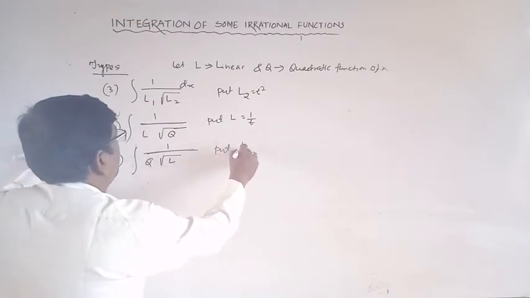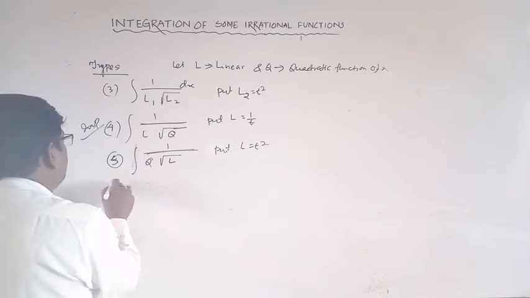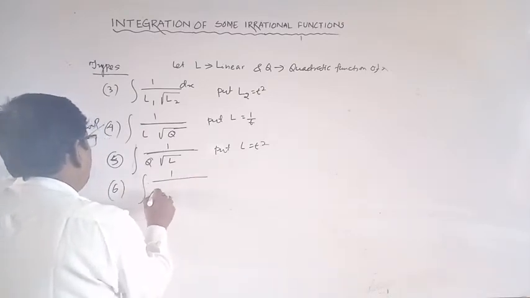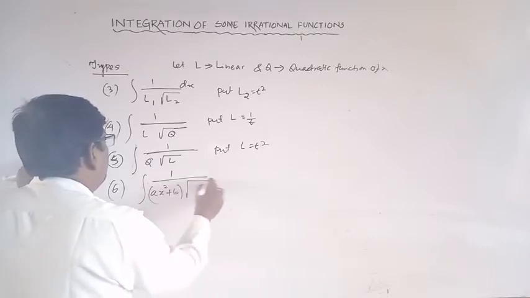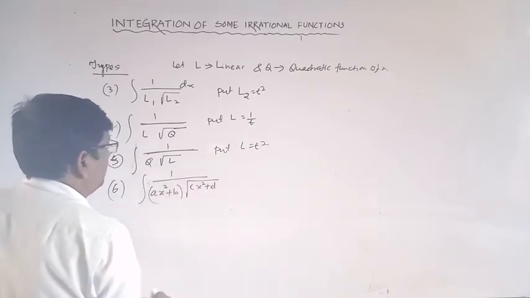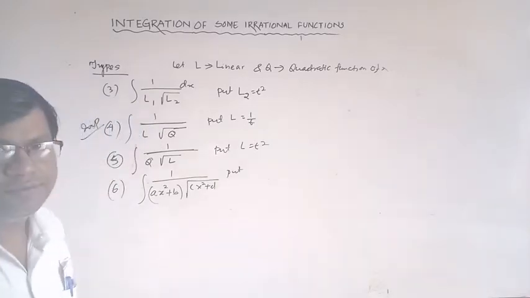Put L is equal to t square. This is 5, and 6 is 1 by what? Ax square plus b root over cx square plus d. Okay, then put